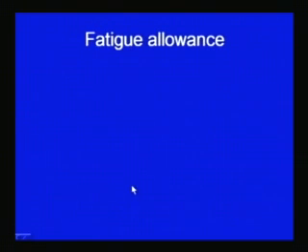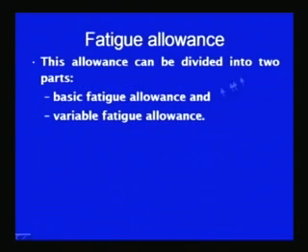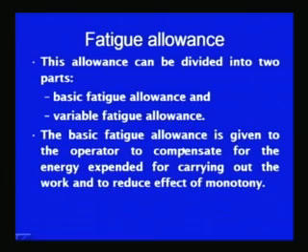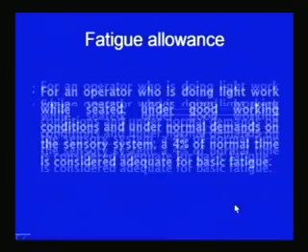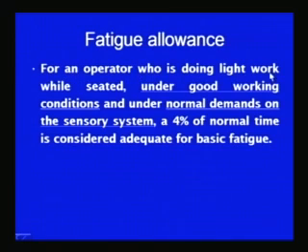The fatigue allowance is another one, which is given to the workers to overcome the fatigue caused by the work during the work cycle. This allowance can be divided into two parts: the basic fatigue allowance and the variable fatigue allowance. Basic fatigue allowance is given to the operator to compensate for the energy expended in carrying out the job and to reduce the effect of monotony, and this can be treated as a constant allowance. For an operator doing light work under sitting conditions and good working conditions, it is normally given as 4% of the normal time